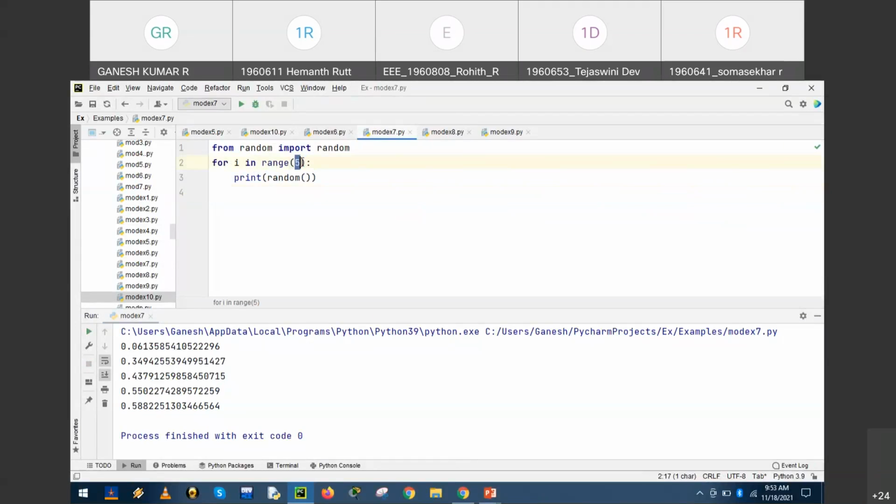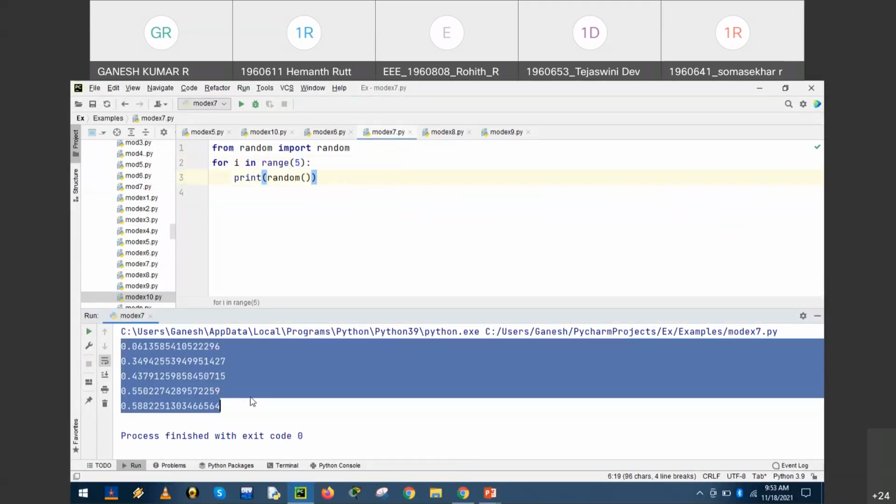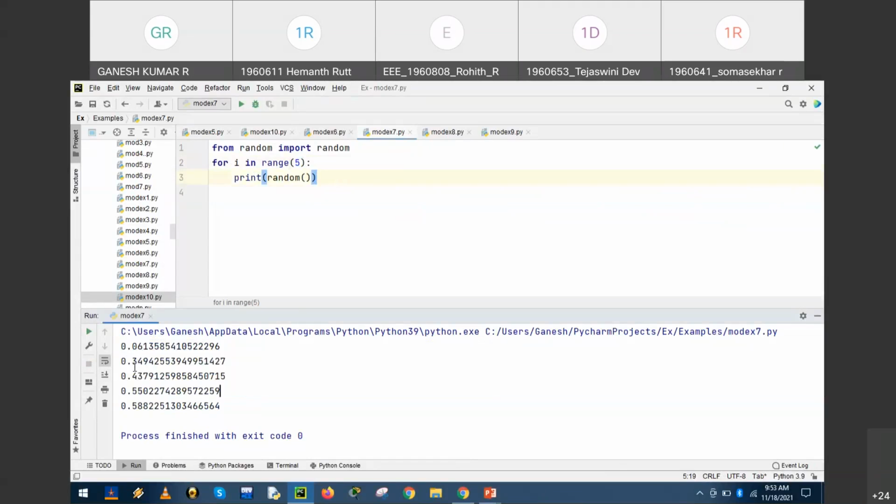What we want is only 5 values. These 5 values are picked randomly. That could be 0.06, 0.34, 0.43, 0.55, 0.58. Generally, all these are from the infinite list between the seed. We have picked only 5 values. It's a very generic value.